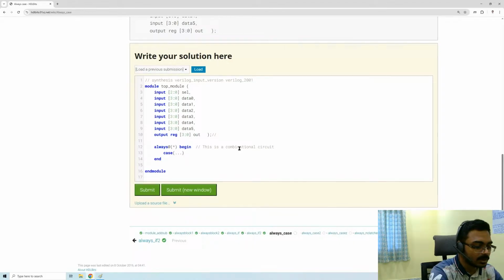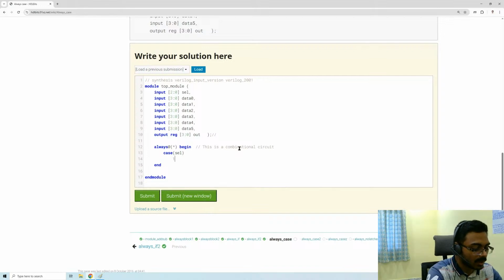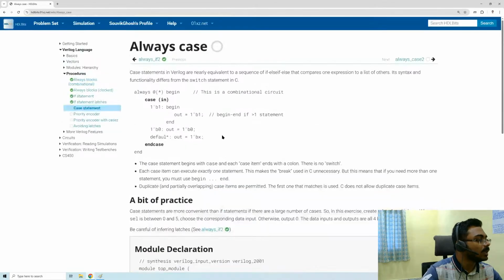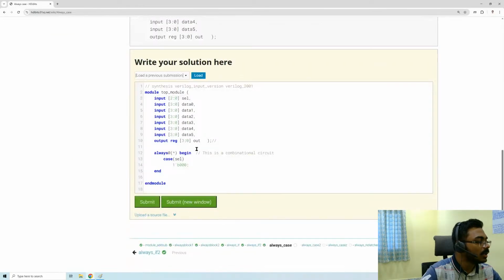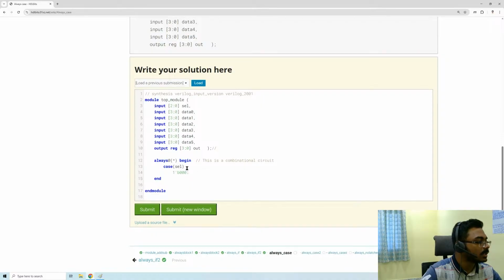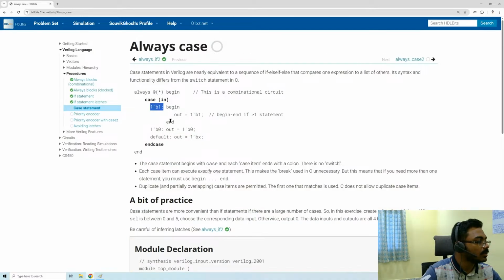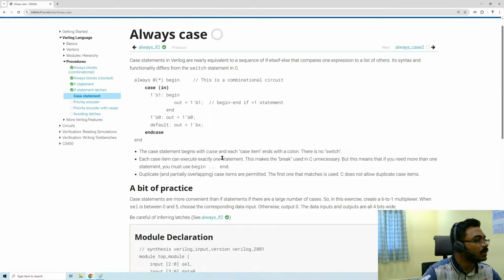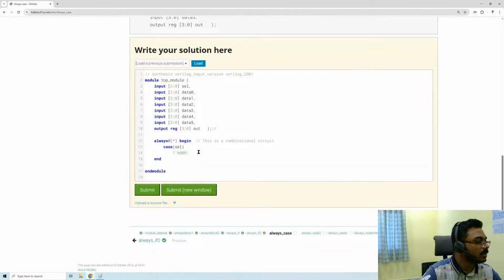Case select. 1'b0 0 0. What we are doing here is we're saying 1'b 0 0 0, here case in. And then I'll not write begin end. I'll say output equal to this. Case select, one colon. We need a semicolon here, which is usual. We don't need any other thing. We will say out equal to